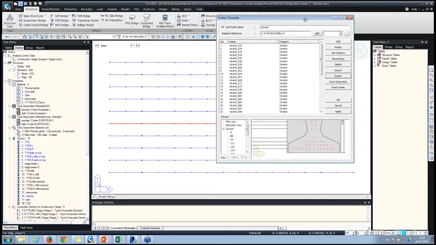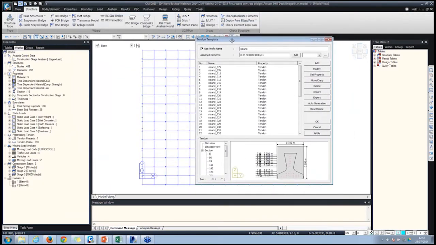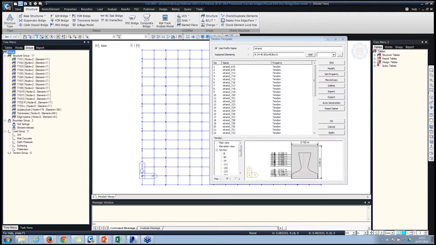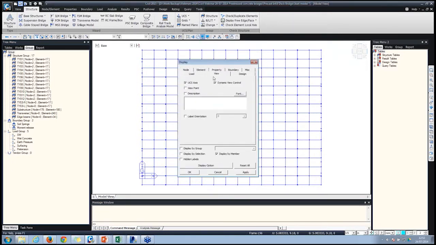Okay. So when I click on apply, the tendon gets applied to that beam. Similarly, I can do the same thing on the other beams. Apply, apply, and so on. So any number of beams, apply, and you can apply the tendons at different locations. So to view the tendon profiles that we have applied till now,